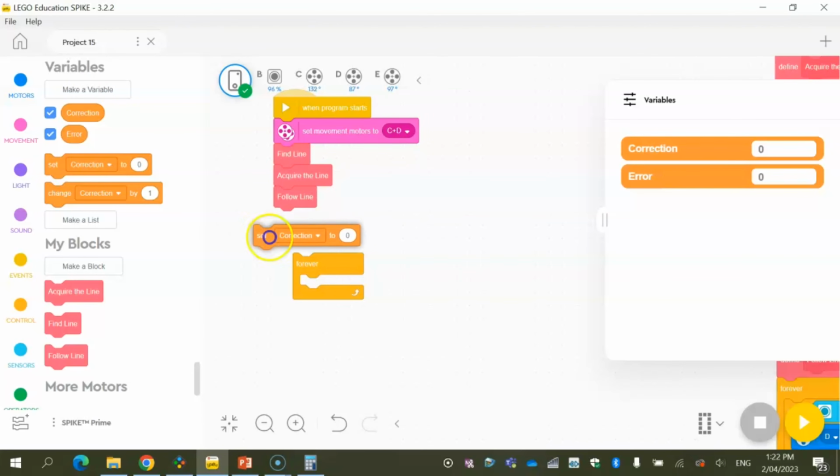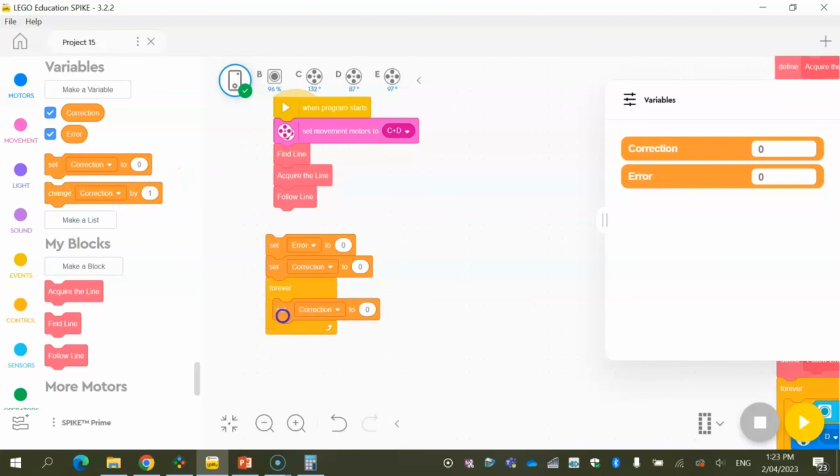So before I do anything else within this particular code, I'm going to make sure at the start of the code I always reset those variables to 0. So before it actually enters in, it doesn't already have numbers or anything stored in those variables, because that can make my robot react really abruptly or erratically when it doesn't really need to. So there's a few things that I want to do here. I'm just going to grab 2 of these,